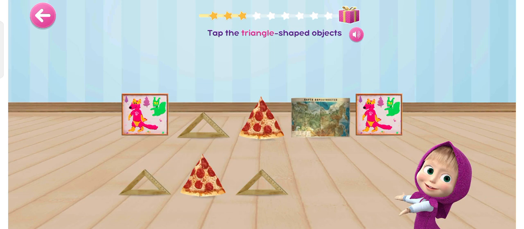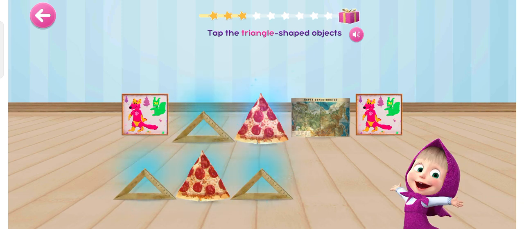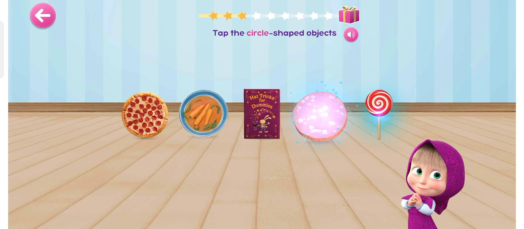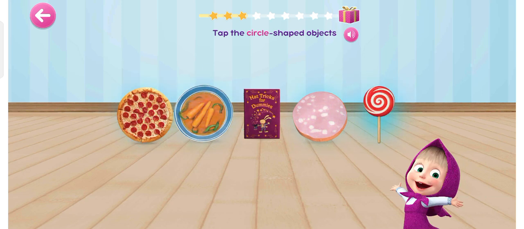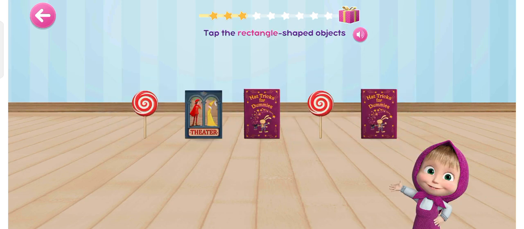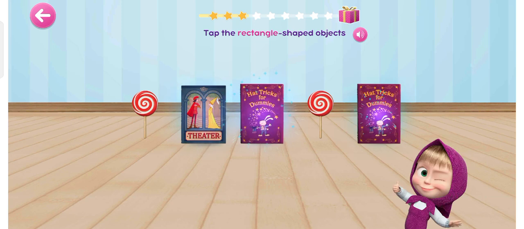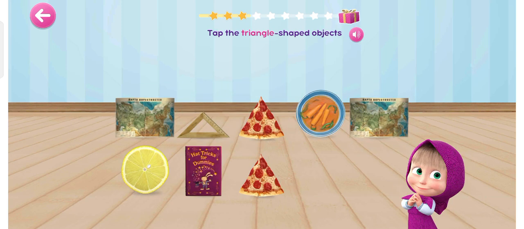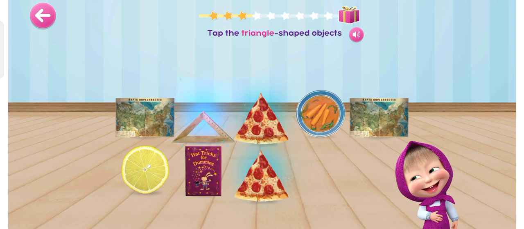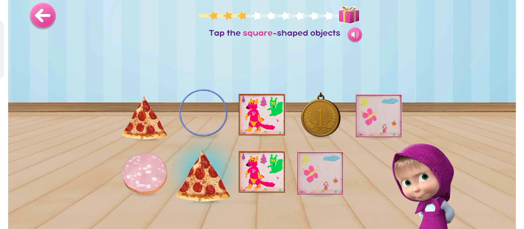Tap the triangle-shaped object. Woohoo! Tap the circle-shaped. Yay! Tap the rectangle-shaped. Cool. Tap the triangle-shaped object. Yay! Tap the